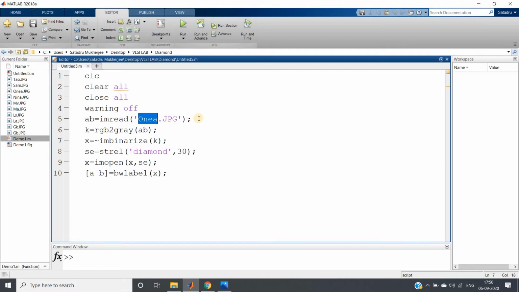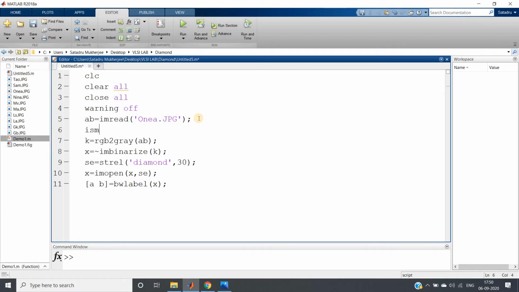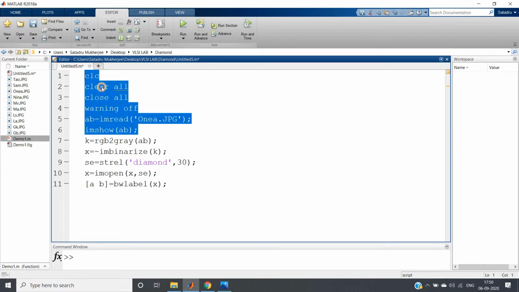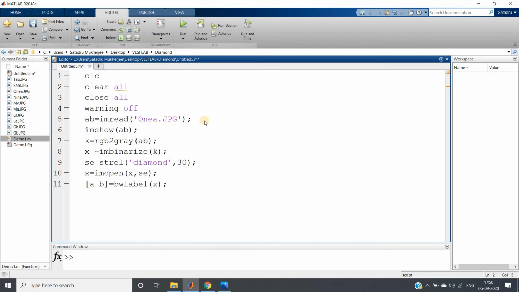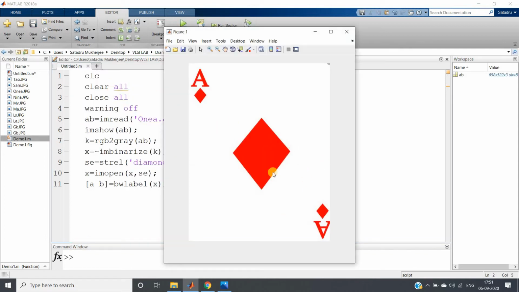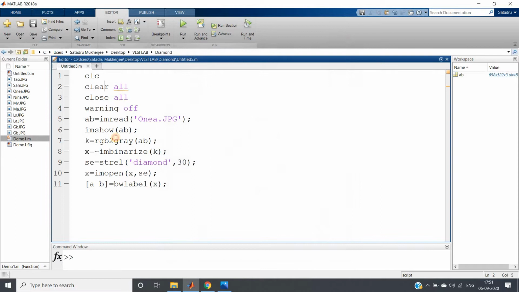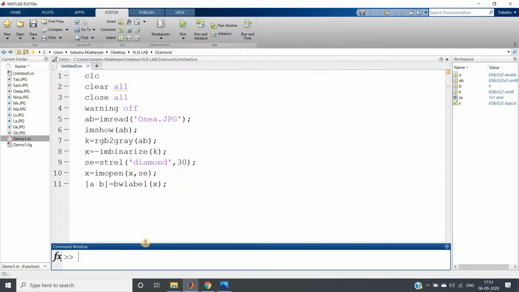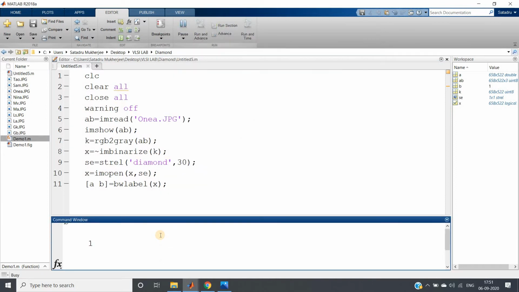So I have taken onea.jpg. Let me first show you that image. If I run it with Ctrl A and evaluate selection, this is nothing but an image having only one diamond, so one of diamond. In this particular variable B, see what is stored? One value is stored. That means it is one of diamond. I can take any other value.